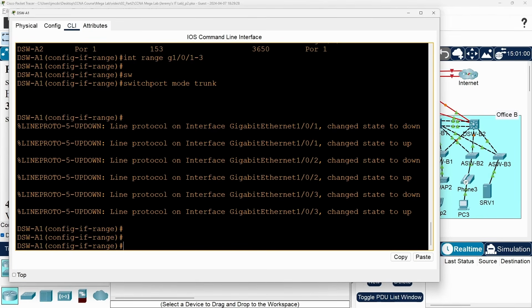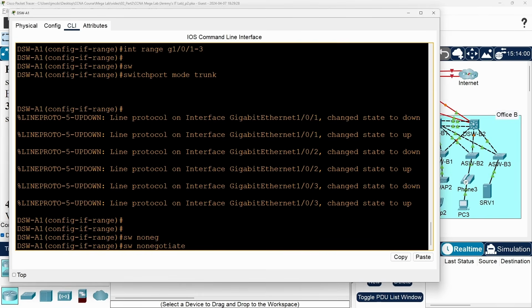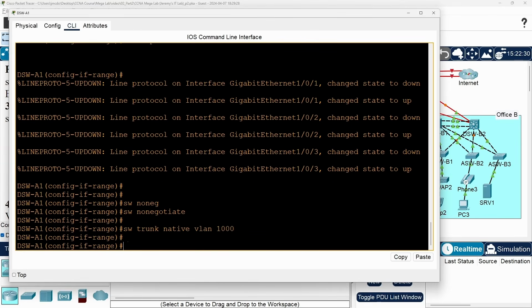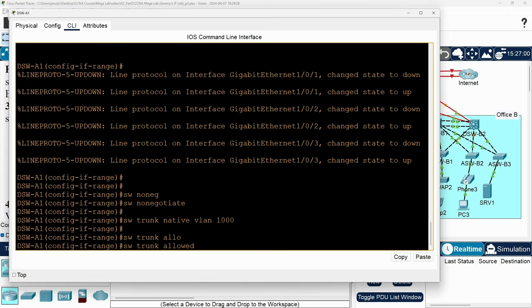Now, the instruction said to explicitly disable DTP on the ports. Even when manually configured in trunk or access mode, DTP is still technically enabled, so let's disable DTP with switchport nonegotiate. Next, I'll set the native VLAN with switchport trunk native vlan 1000. Finally, set the allowed VLANs. This is Office A, so I'll use switchport trunk allowed vlan 10,20,40,99.